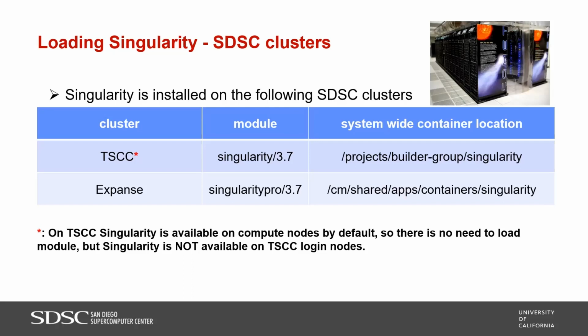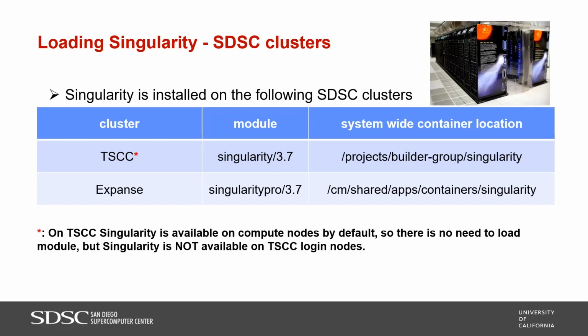Why? Because we don't want any Singularity running on the login nodes. Please always start a job and then run Singularity. It can be an interactive job, or you can add the Singularity command in your job script to start a batch job. And we also have some container locations on our clusters where we have some